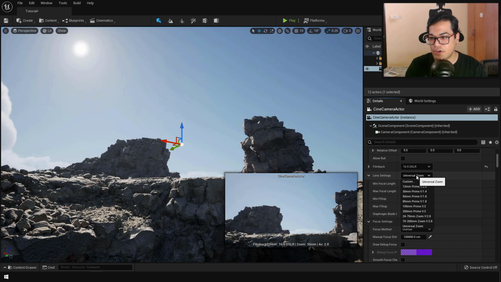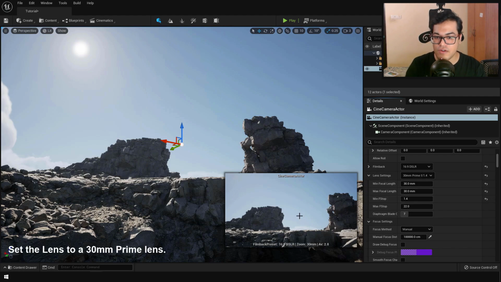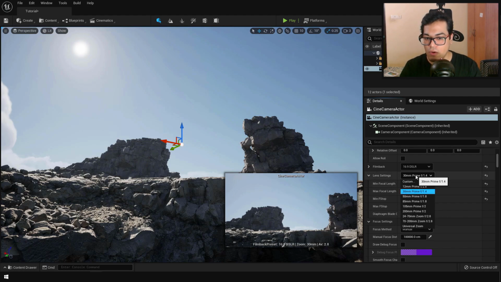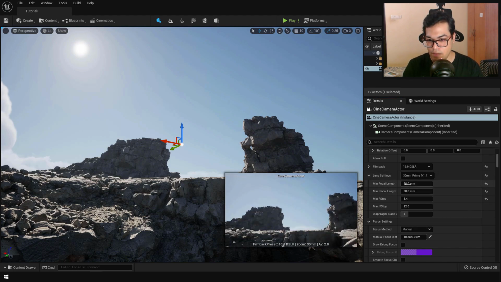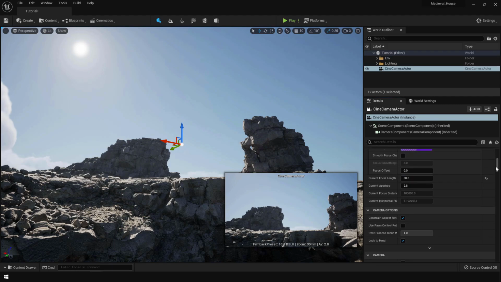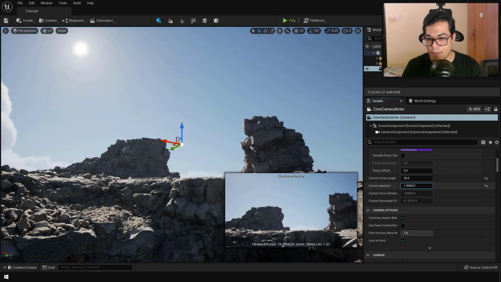So this shot is a cinematic landscape shot. I feel that about 30 millimeters will look good. You can go lower maybe. As you can see, the 12 millimeter distorts the image and you get a fisheye effect. So I'm going to go with 30 millimeters. Now for the bokeh effect, you can change the blades amount to the maximum. Down here in the aperture, just reduce this to 1.4.